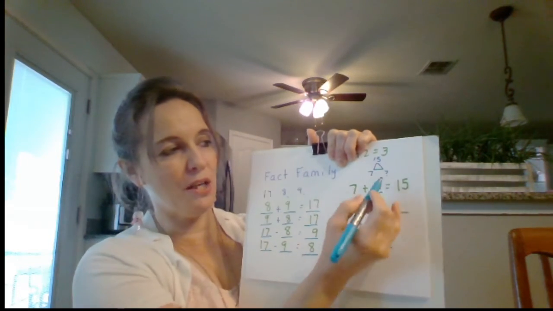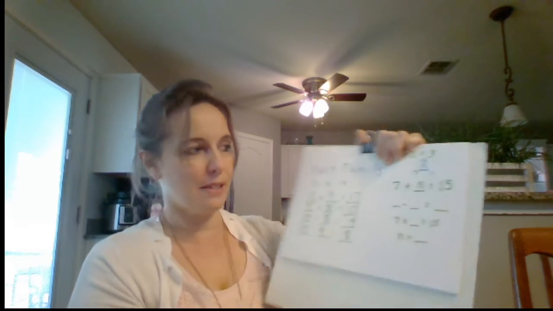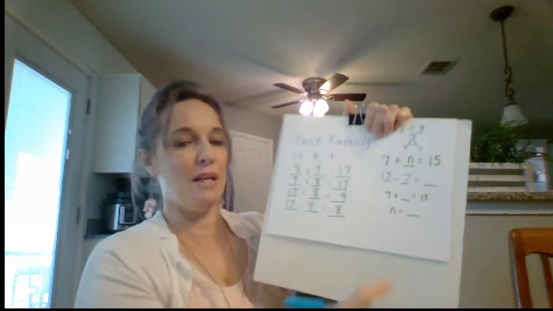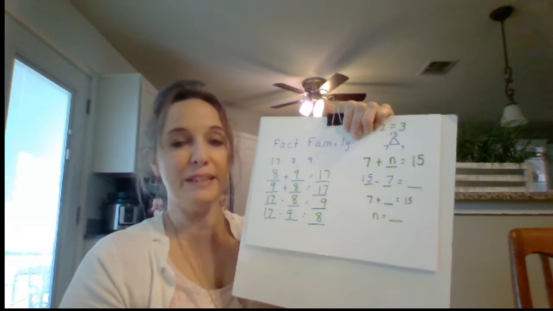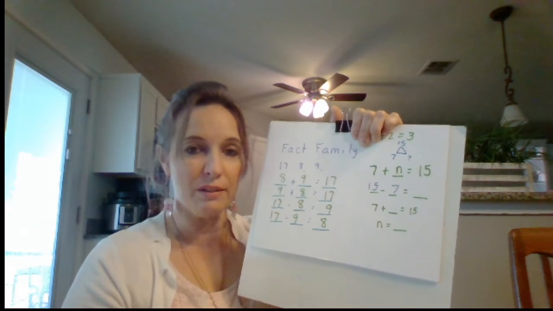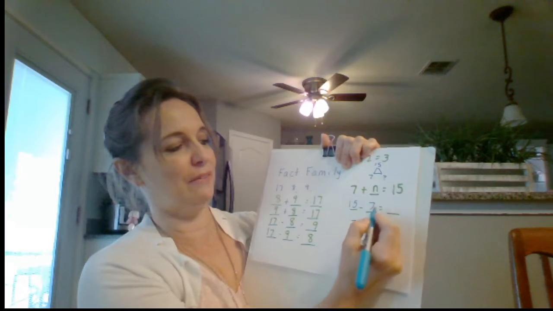If you already have the total and you know one of the parts, what do you do to get the other part? Subtract. So I'm going to put 15. I know 7. If I take it off, I'll see how many are left. So we are actually just doing a how many are left. That is a subtraction problem. 15 minus 7 equals